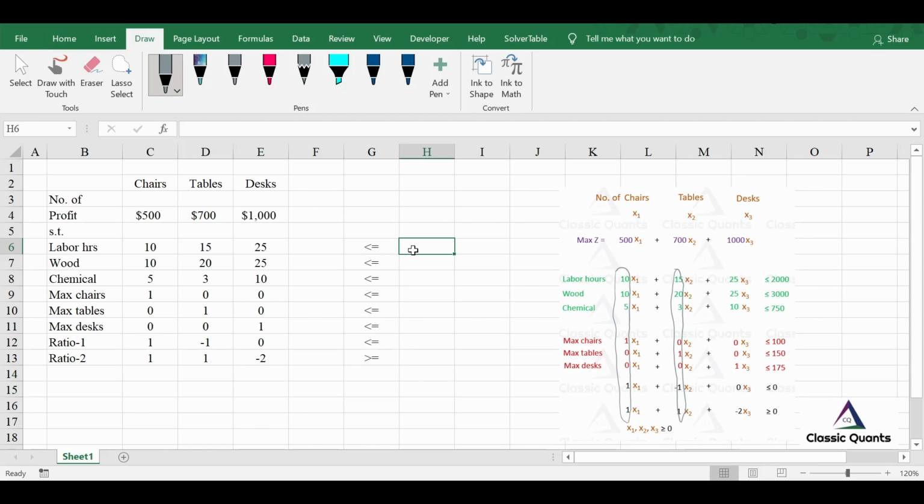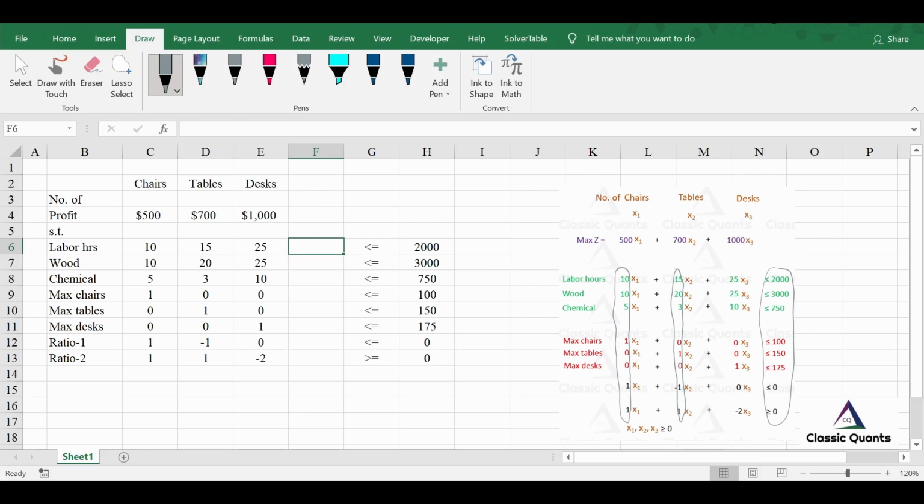Then you write the right hand side. What is the right hand side? This particular column is your right hand side. So therefore 2000, 3000, 750, 100, 150, 175, 0 and 0. Okay, so the entry is complete here.